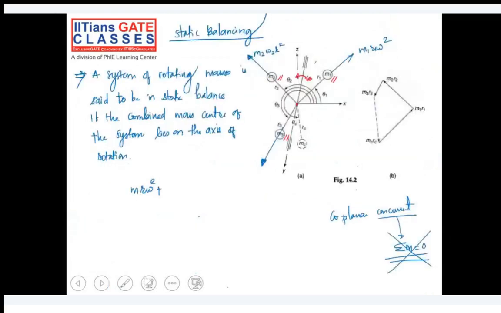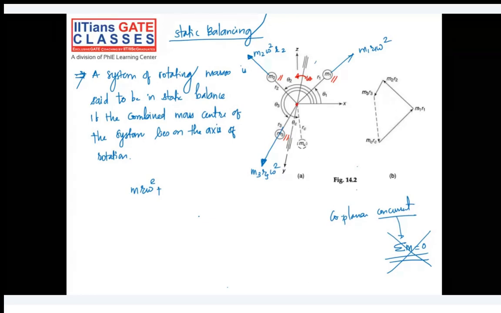Try to understand this situation. M3 R3 omega square, R2. So basically, these M1, M2 and M3 are the three masses at eccentricities R1, R2, and R3 in the same plane. So M1 R1 omega square is the centrifugal force for the first mass. For the second mass, M2 R2 omega square, and for the third mass, M3 R3 omega square are the centrifugal forces. If the sum of all the centrifugal forces is 0,